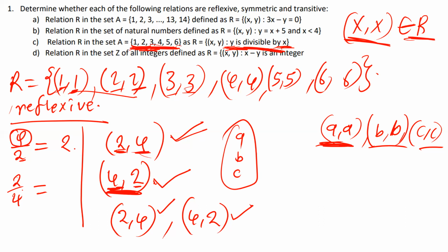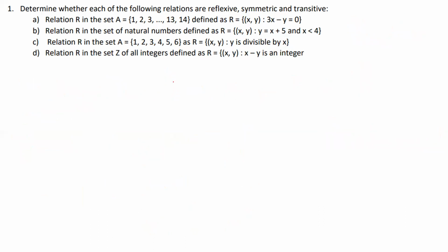To check whether the relation is transitive or not, for this one, they are saying for all values of x, y should always be divisible by x. Okay, let me just erase everything. So they are saying y should always be divisible by x. So now, to determine whether this relation is transitive or not,